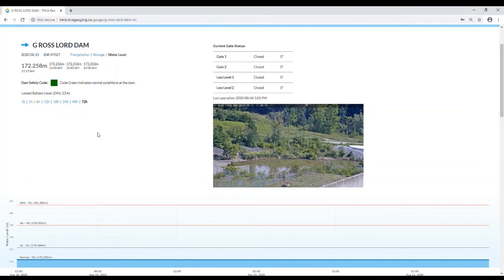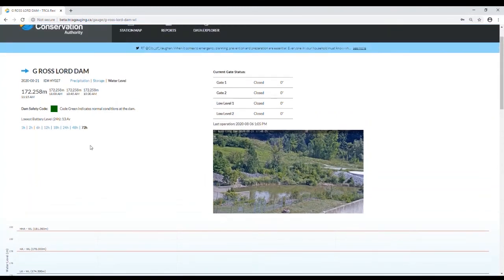The other additional data for dam gauge pages can include a live camera view of the dam location. This feature sometimes has different views programmed into the camera of the dam location on an automatic rotation. For example, at Girasslor Dam, the camera photo can be displaying one of 5 different views of the dam structure.